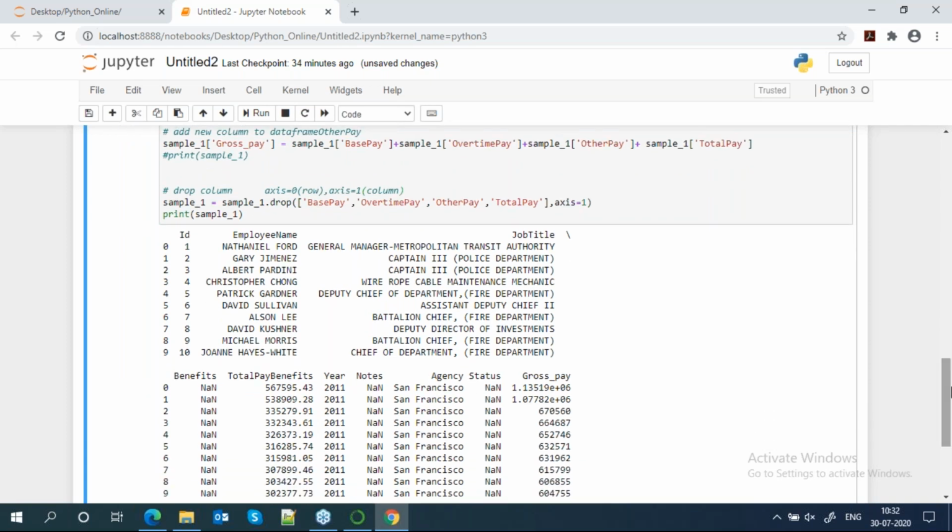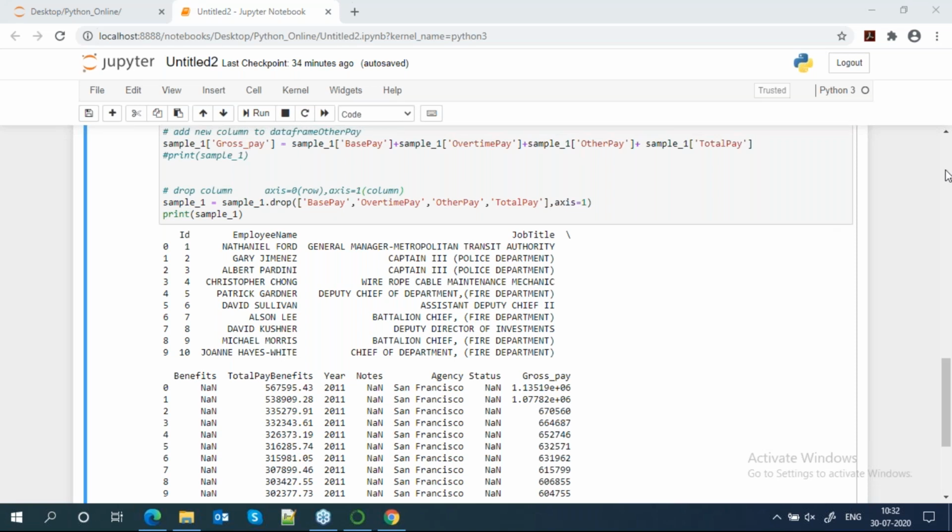This was on dropping a column. So you need to give this axis, whether whatever you drop is at column level or row level. You need to always define the axis part. Till here clear, everyone?